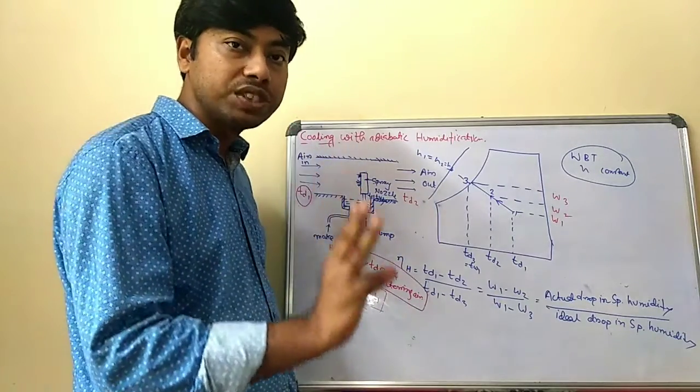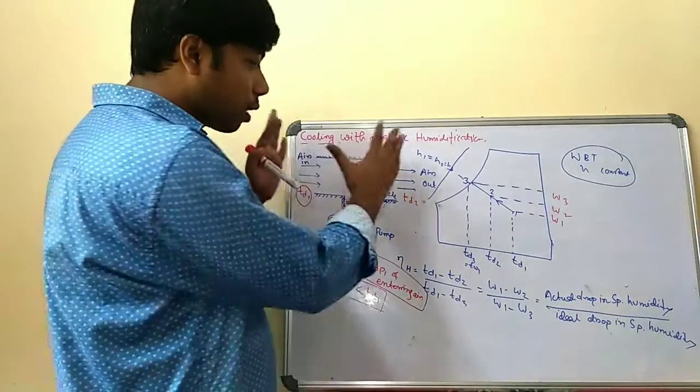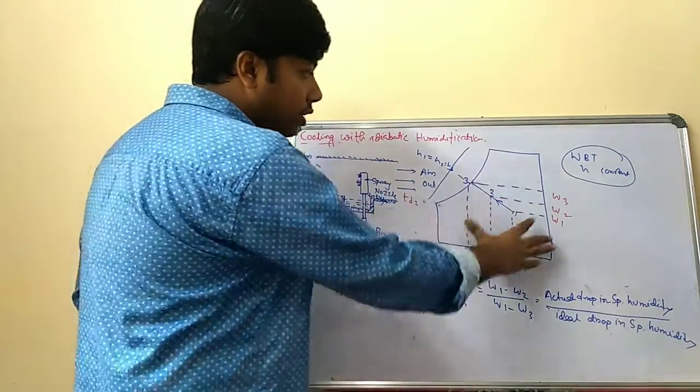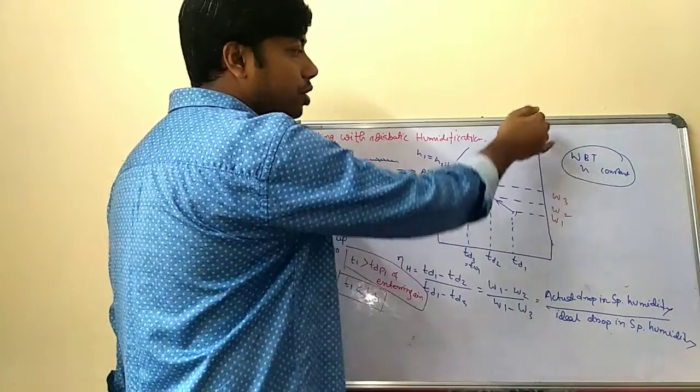So the three conditions should be satisfied so that the total process is complete. Okay, so this is the working principle. But if you look into your psychrometric chart, this process, so this is the psychrometric chart. As you know, the dry bulb temperature is on the x-axis, and this is the specific humidity line.